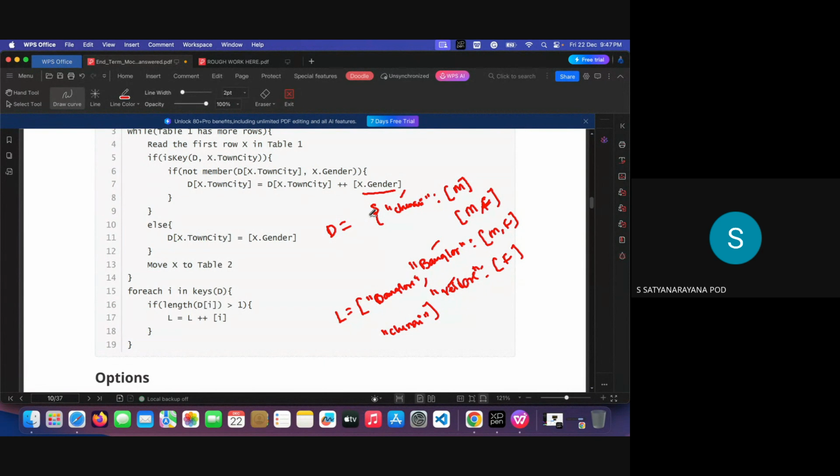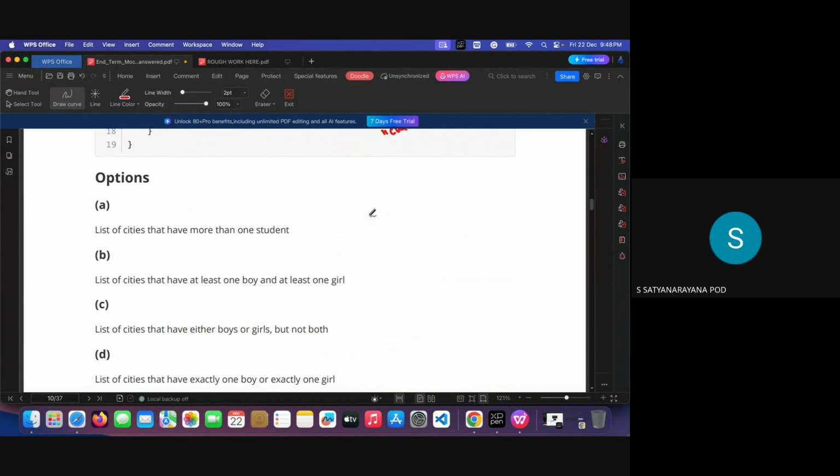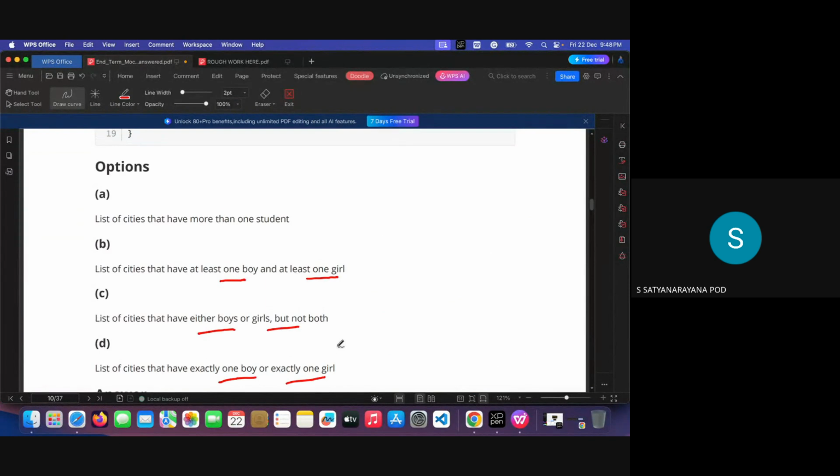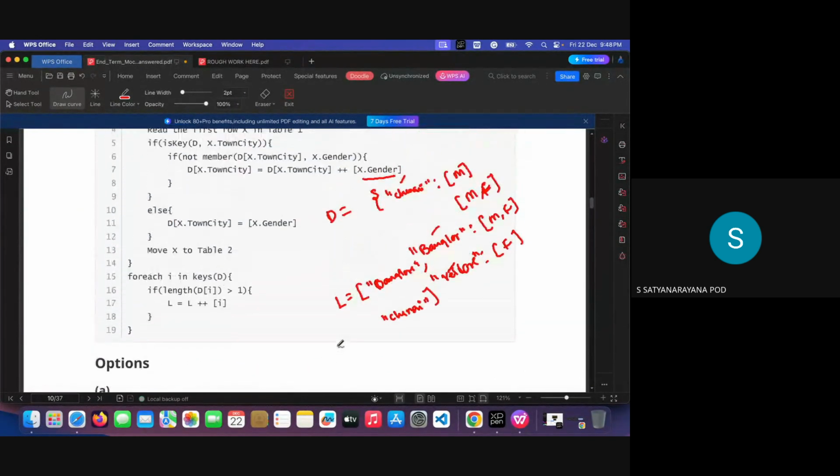Yes, sir. Fine. So now, what is stored in the L value? The list of cities that have more than one student. No, here students are not considered. It is the list of cities having at least one boy and one girl. So we should have one boy and one girl. Either only boys or only girls is not acceptable, it must be both. Even if more boys are there,